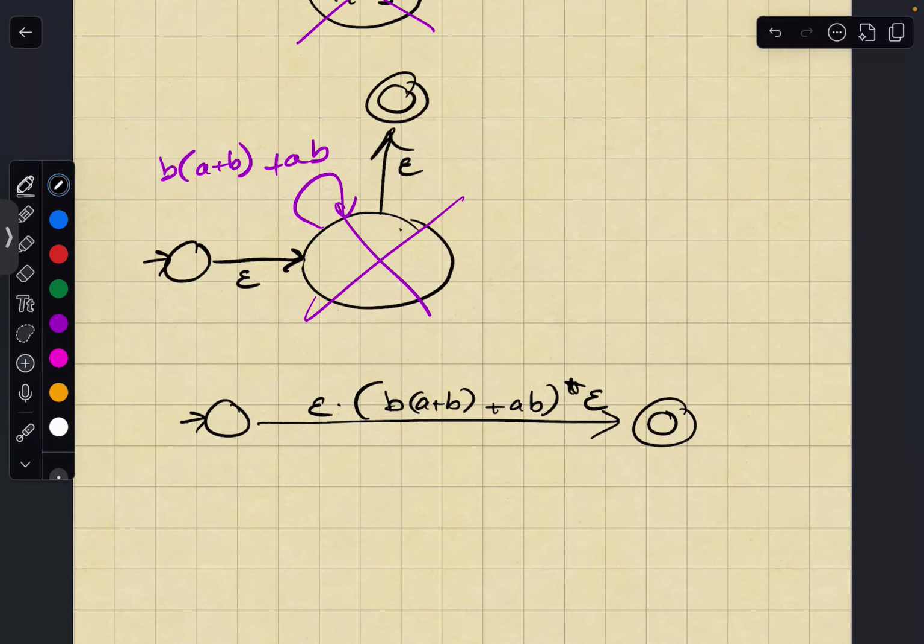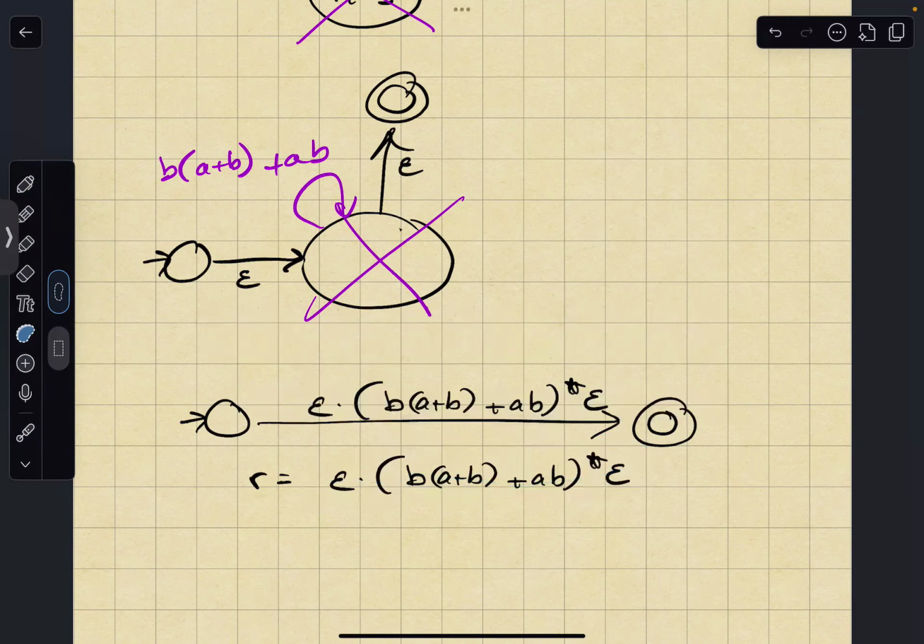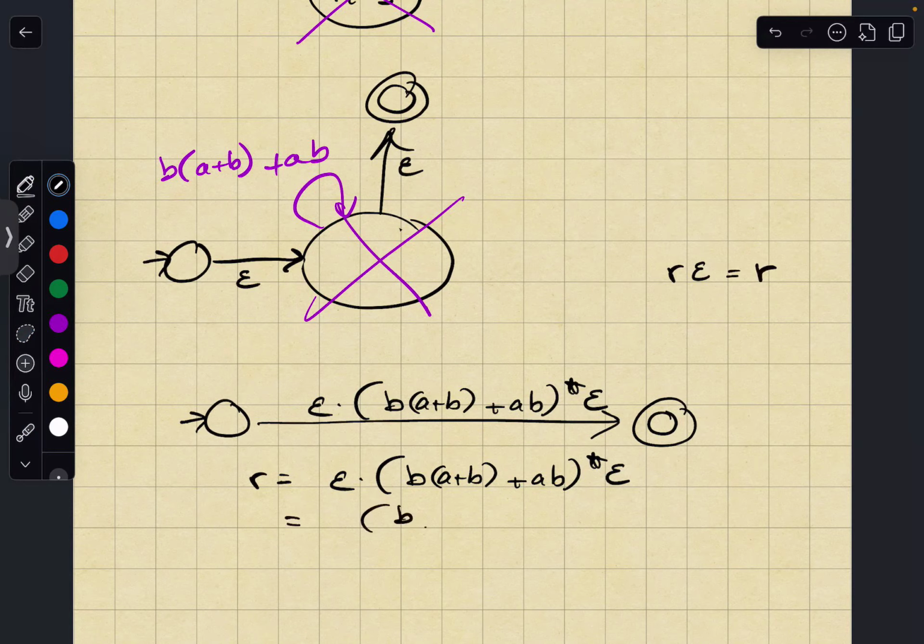Okay, and this looks like a regular expression to me, which is great because that's what we were going for. So the equivalent regular expression is this one, because notice this was the stopping condition that I was looking for. And remember from the regular expression lecture, if I have something like R concatenated with the empty string, the regular expression that denotes the empty string, then this is the same as R. So that means I can simplify this a little bit and write B, A plus B plus AB whole star. And now this is the equivalent regular expression.